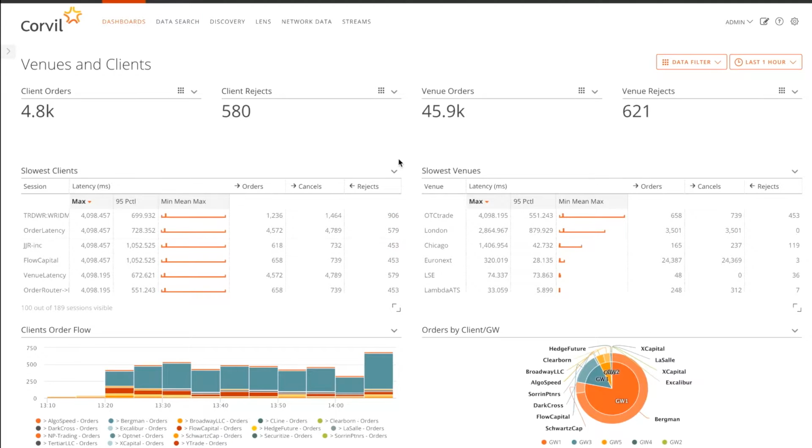I want to show you a feature that's pretty unique to Corvil and really useful. It's the ability to search for a transactional ID and to trace it through the infrastructure to see what happened to it. Now in this example we're looking at a DMA brokerage environment, and this high-level dashboard that we see here, we're tracking slow clients on the left-hand side, slow venues on the right, and we've got some other high-level